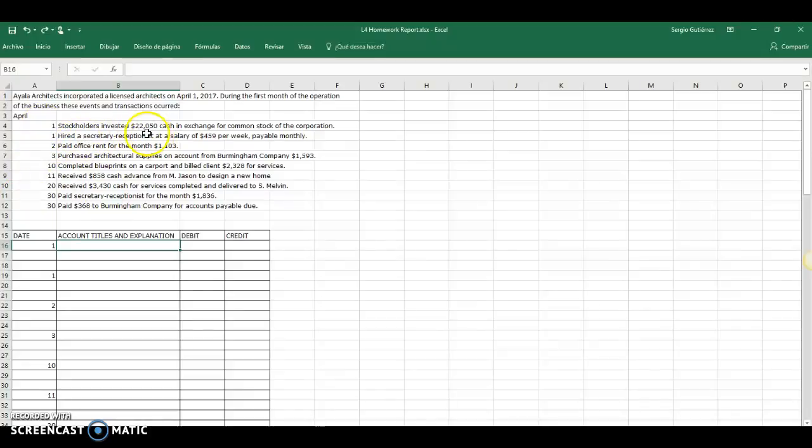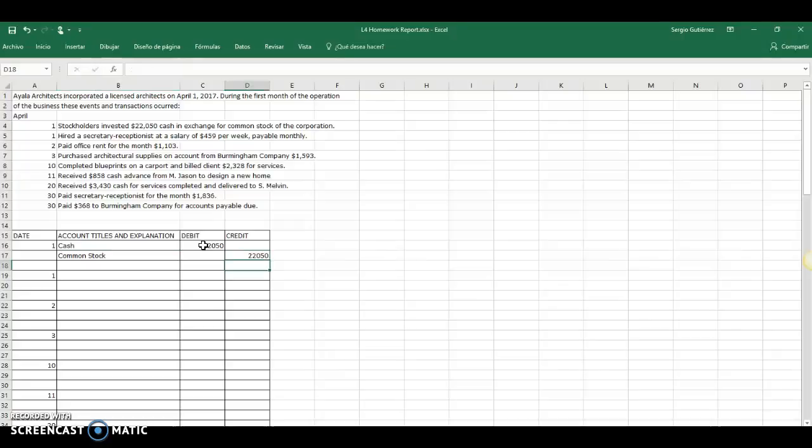Stockholders invested $22,050 cash in exchange for common stock of the corporation. So the first account we are going to journalize is cash for $22,050 on the debit column, and common stock is the account that we're going to credit for the same amount,